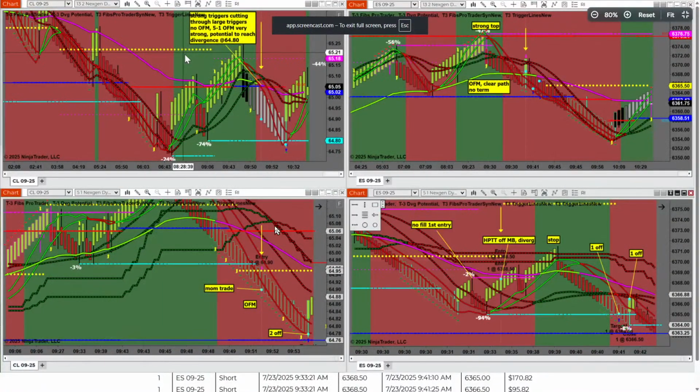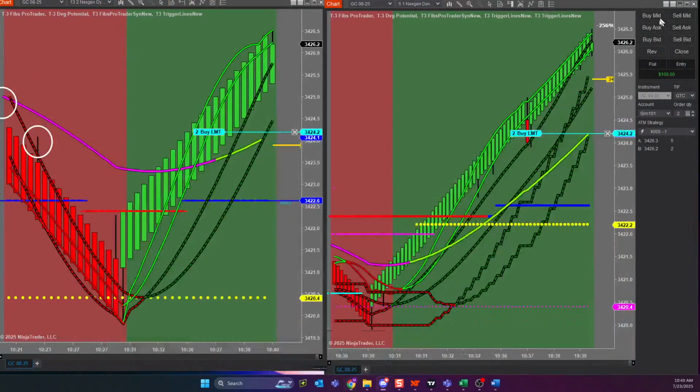Steve, strong triggers, room to trouble, and you just jump in and make it. Beautiful. Strong triggers. You let this one become a trend trade. Very nice. Stop where the market shouldn't go, and you take it all the way down. Beautiful trade, Steve. Both of them fit your plan 100%.